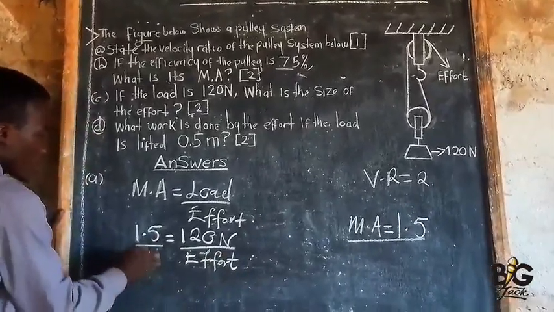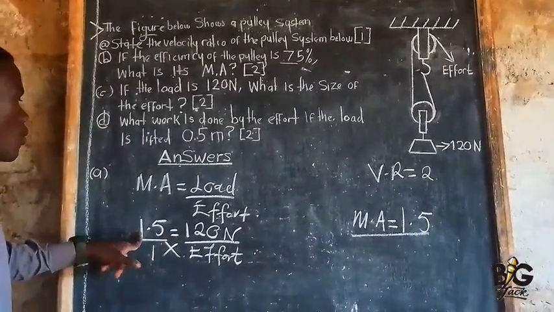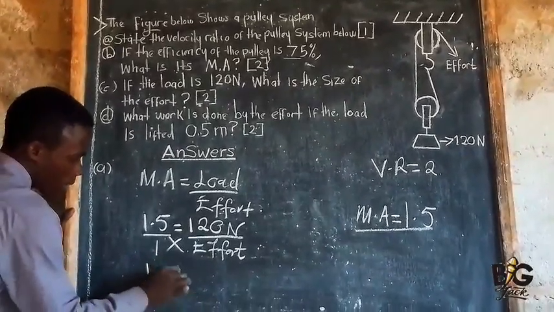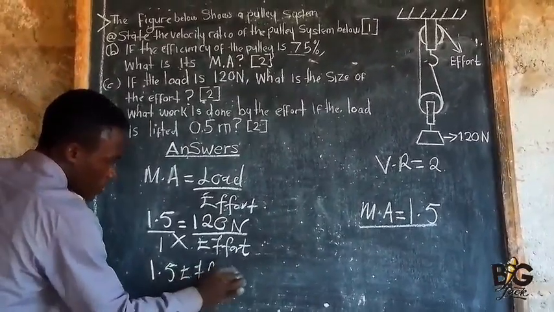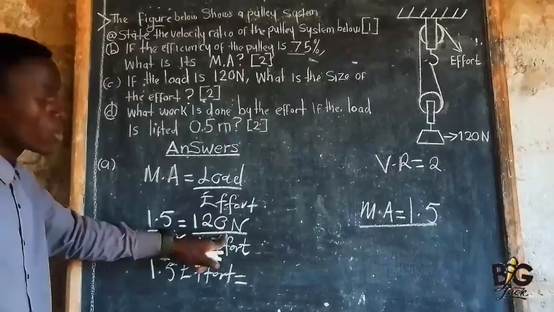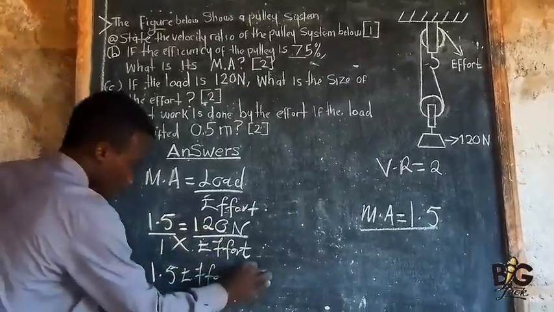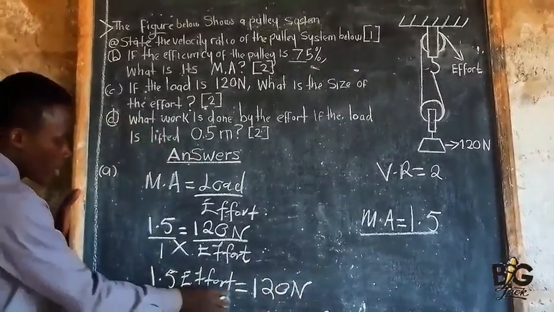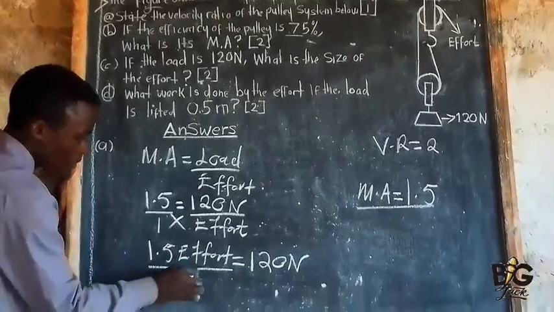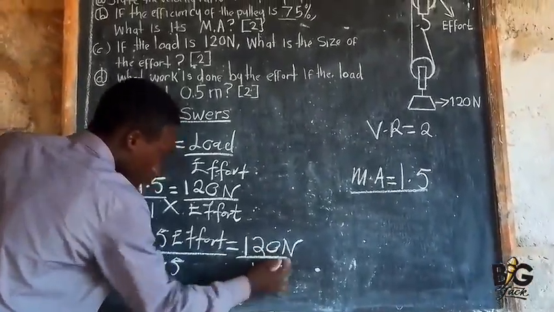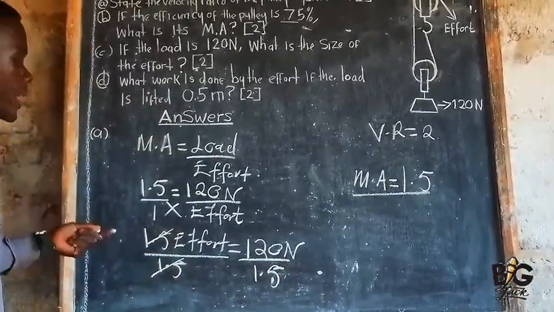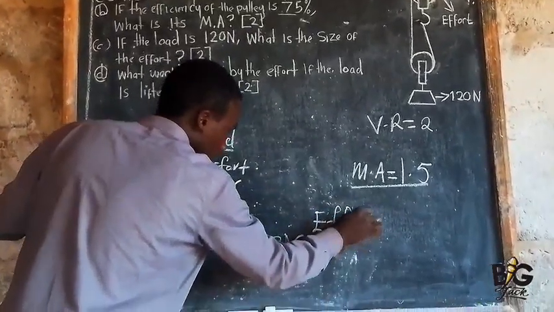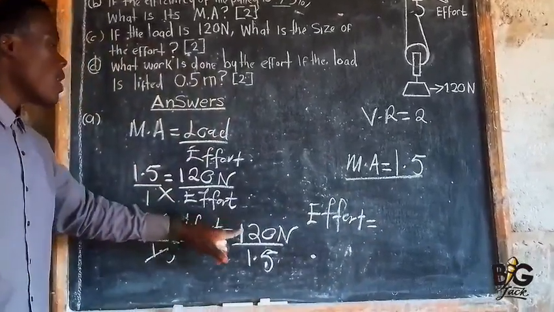Then from there we can cross multiply. We can say 1.5 multiplied by effort, we are going to get 1.5 effort being equal to 1 multiplied by 120 newtons, we are going to get 120 newtons. Then here, we need to divide by 1.5, even here divided by 1.5. So 1.5 and 1.5 are going to cancel each other. Therefore, the effort, or the size of the effort, is going to be equal to 120